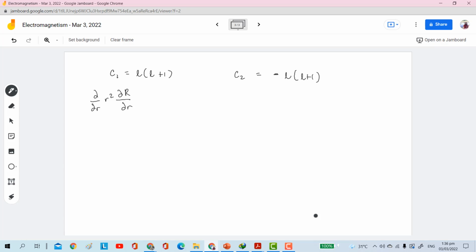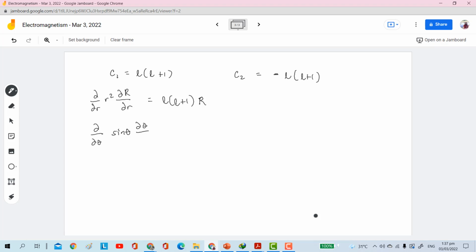Okay, so this is equal to L multiplied by L plus 1 multiplied by, since we factored out 1 over r, we just transfer it here. Okay? And then, the other equation, you have partial derivative with respect to theta of sine theta